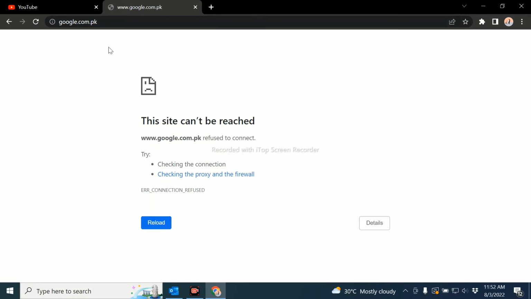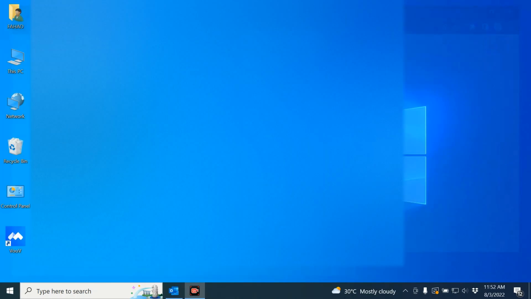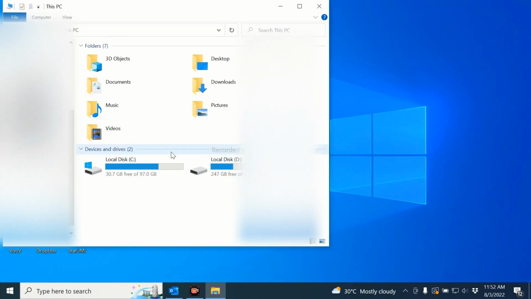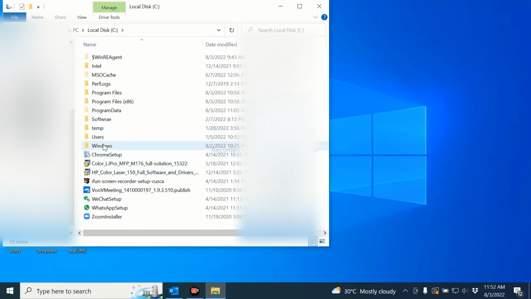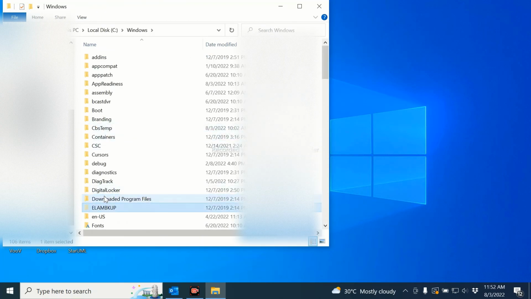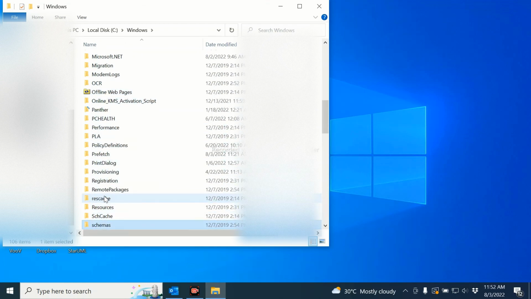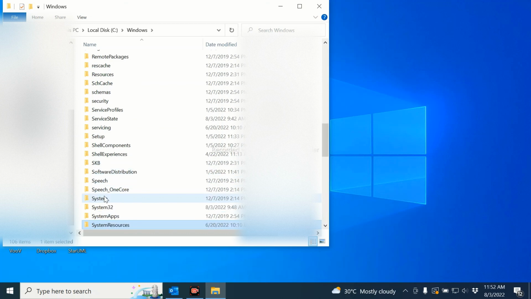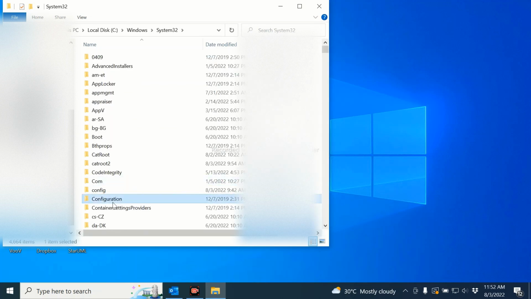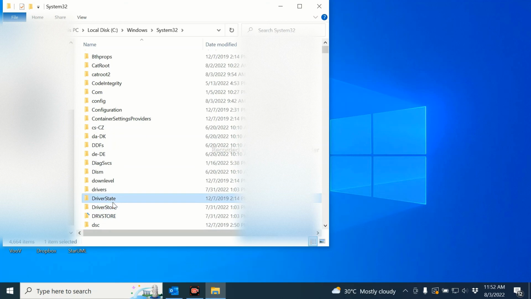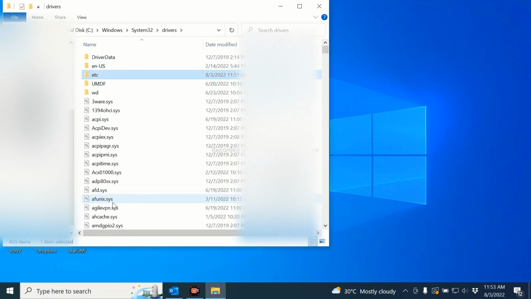You can block any site which you want. Now I will show you how we can restore the settings. Let's close the window, again open the same folder, C, go to Windows. Here we need to go to the System32 folder, go to drivers, open etc, and again